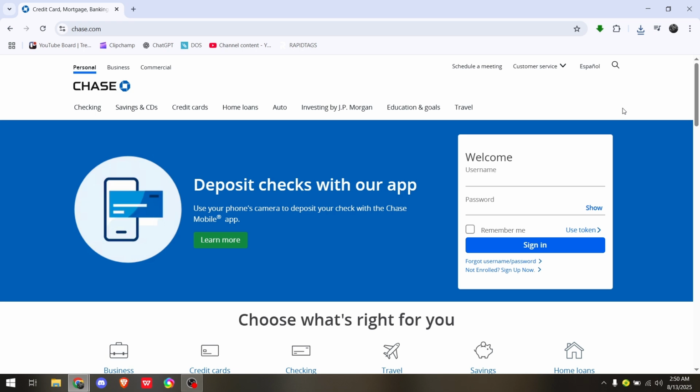How to set up nicknames for your Chase account. First things first, you won't be able to do this via the Chase application, which means you really need